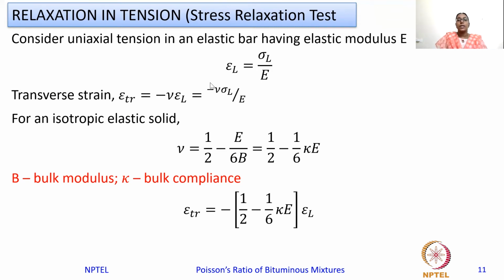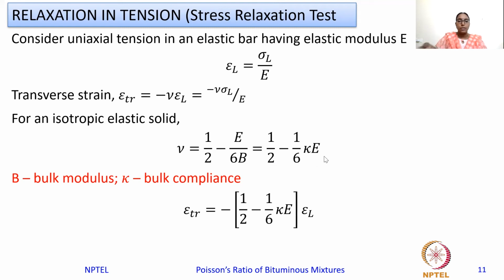Now, the strain in the longitudinal direction is given by sigma L by E, where sigma L is the stress applied and E is the Young's modulus of elasticity. Now, the transverse strain, as we know, is noted here as epsilon TR, is minus nu into epsilon L, or when substituting, you get minus nu sigma L by E. Now, this is for the elastic material, and also we have seen that for an isotropic elastic solid, we have the relation nu is equal to